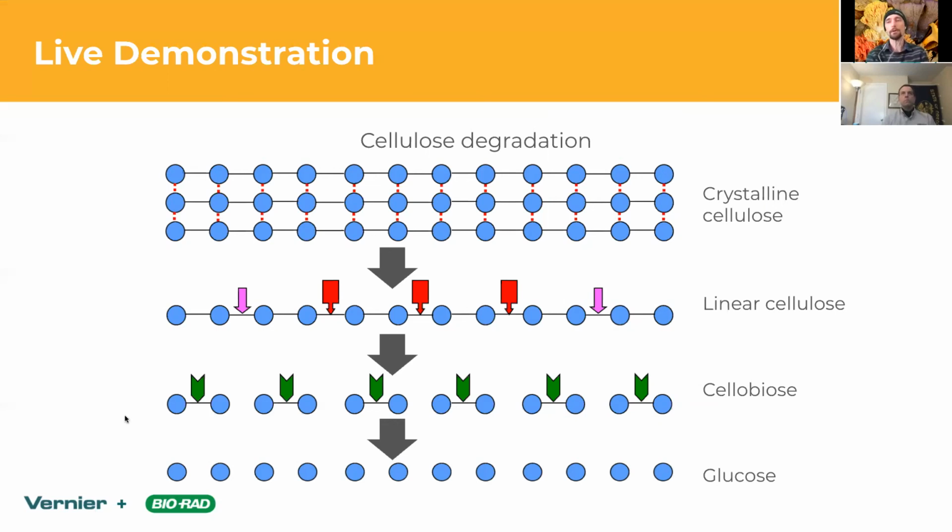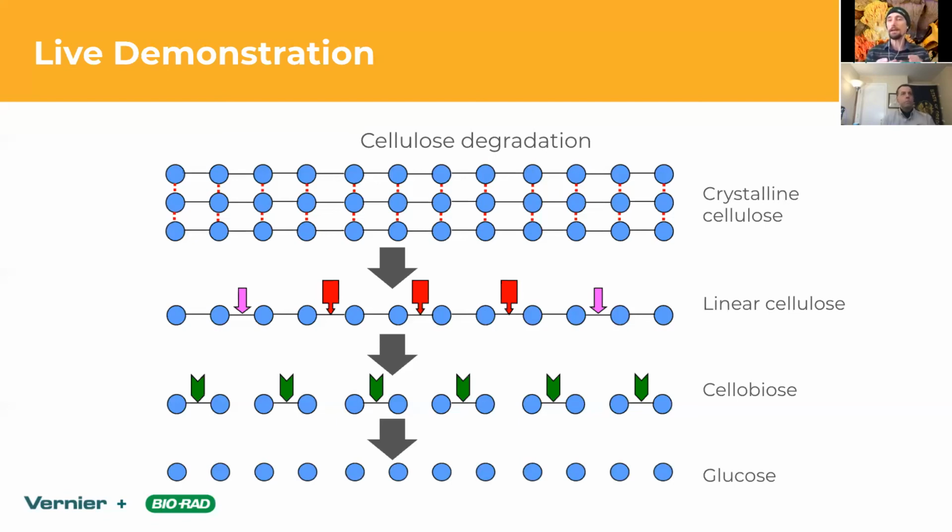So in industry, what we do is we heat up that crystalline cellulose in the presence of acids and all kinds of stuff to basically denature it more or less. And then we can start dumping enzymes at it. We use a whole suite of cellulases. Cellulase, basically ase enzyme, cellulose at the beginning there. So these are all enzymes that break down cellulose in different ways. Some of these can trim it in from the ends. Some can come in and cut at certain branch points.